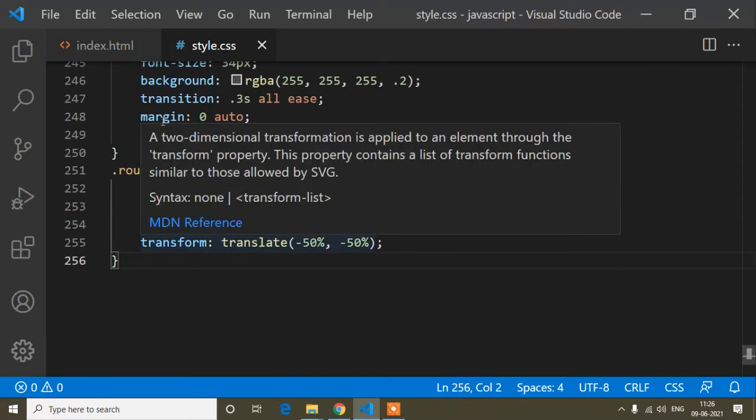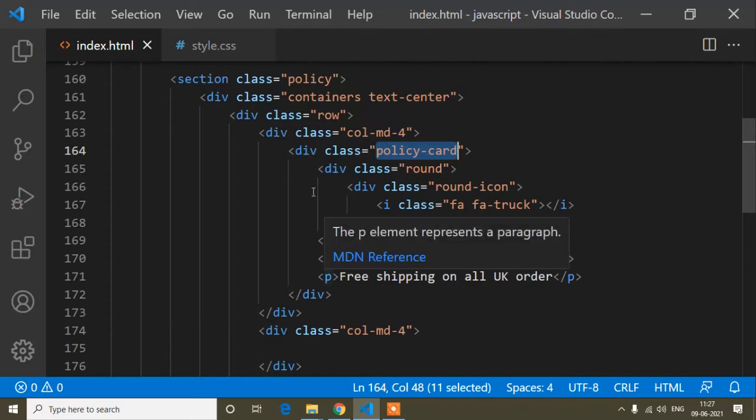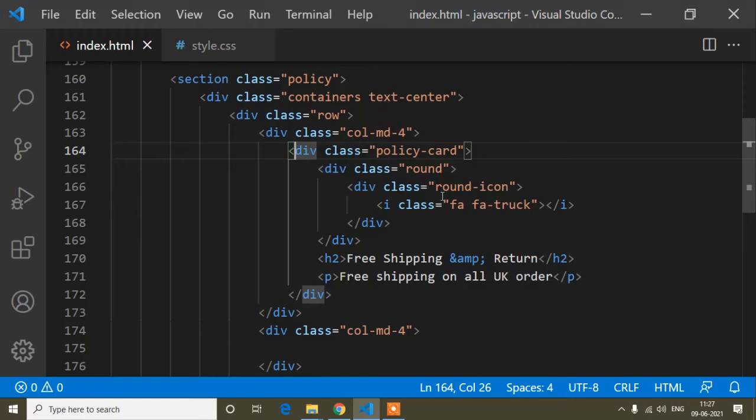So now this is done, and now I will write the content for this h2 tag and p tag. This h2 tag and p tag's parent class is this policy card. So I will copy this policy card, because the CSS will be added only for the h2 and p tags inside this policy card class. So I will take the parent class first.